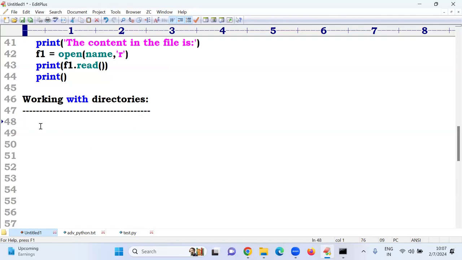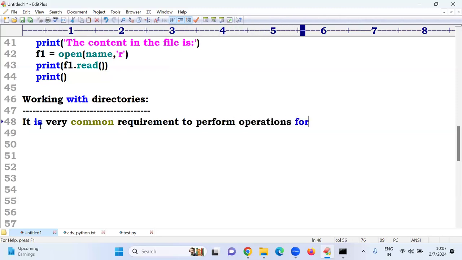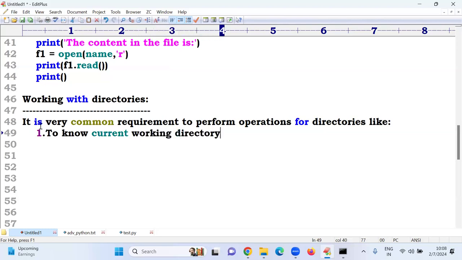So, working with directories, it is a very common requirement to perform operations for directories, like: first one, to know the current working directory. Second one, to create a new directory. Third one,